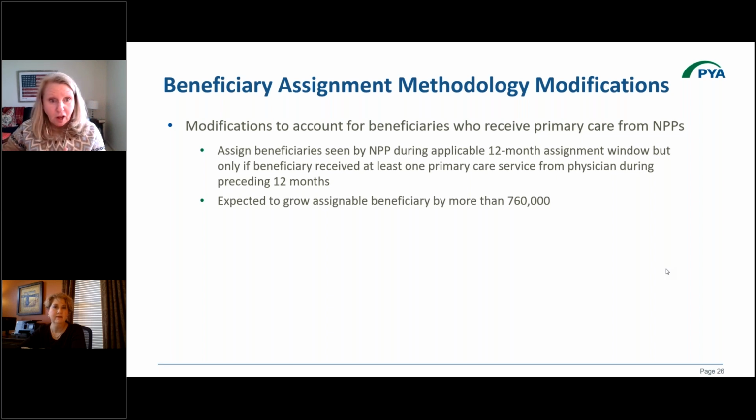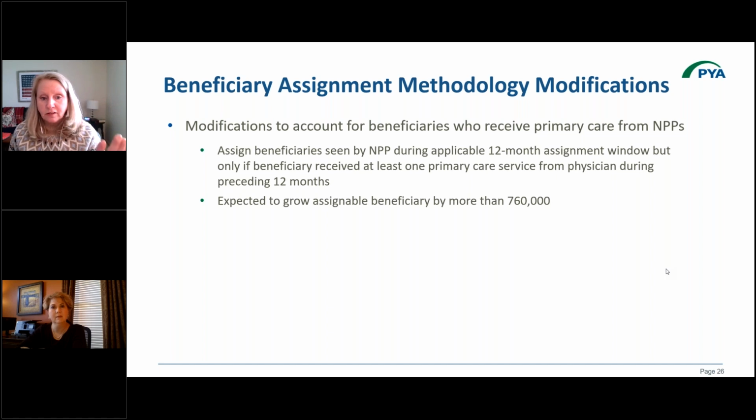Part of the team needs to be the coach, and that would be that visit with a physician. So we're going to look back, check to make sure that the person was seen by a physician in that 12 months. That then makes them eligible. There are, again, lots of detailed changes to the regulation to square up the language to permit this to occur. The good news is this will increase the number of assignable beneficiaries CMS believes by more than 760,000 traditional Medicare